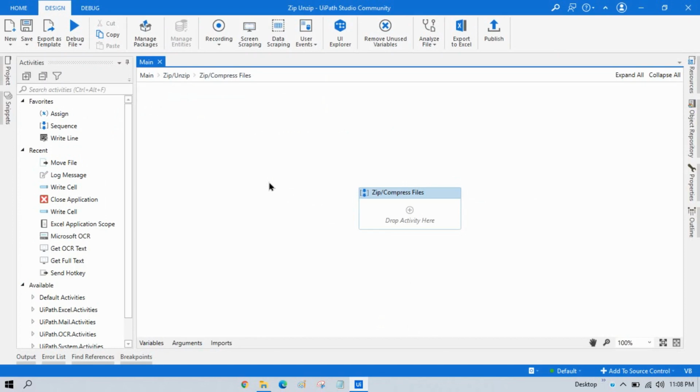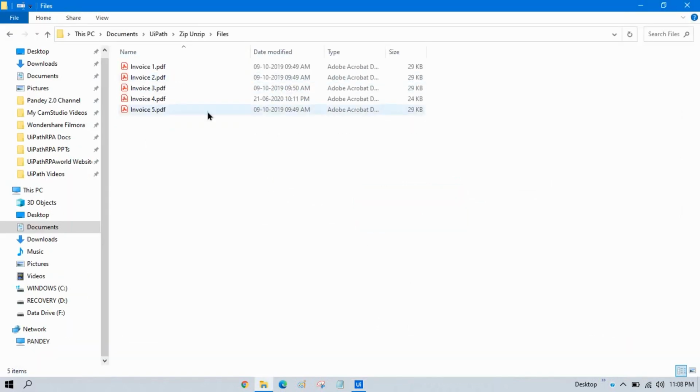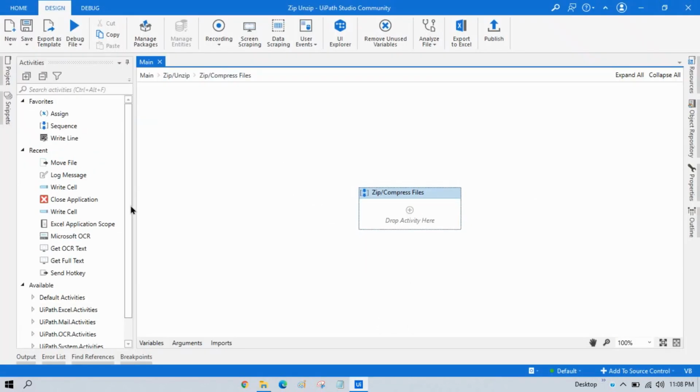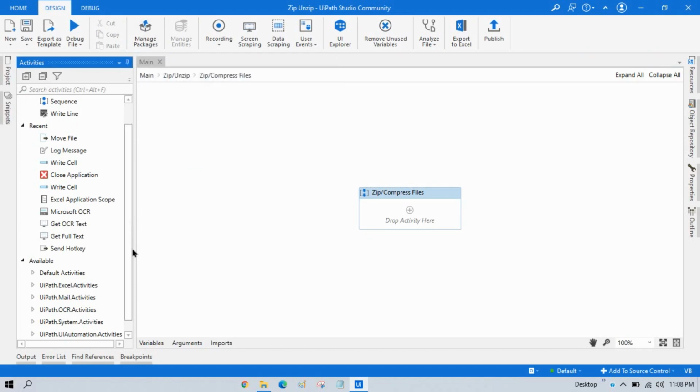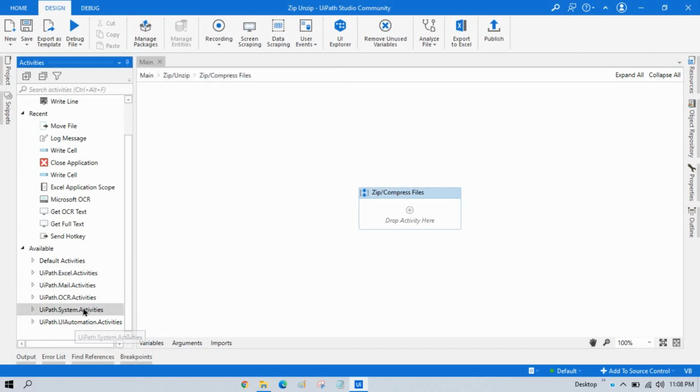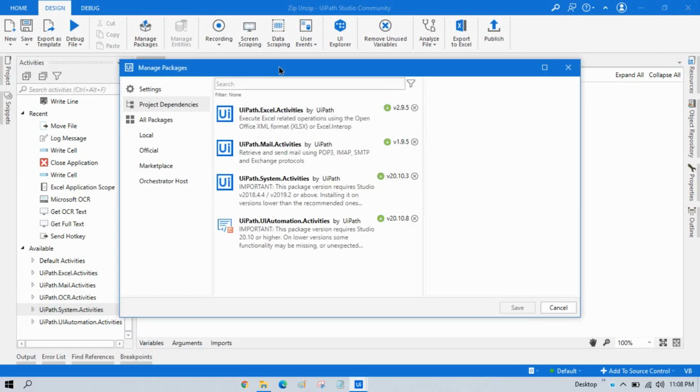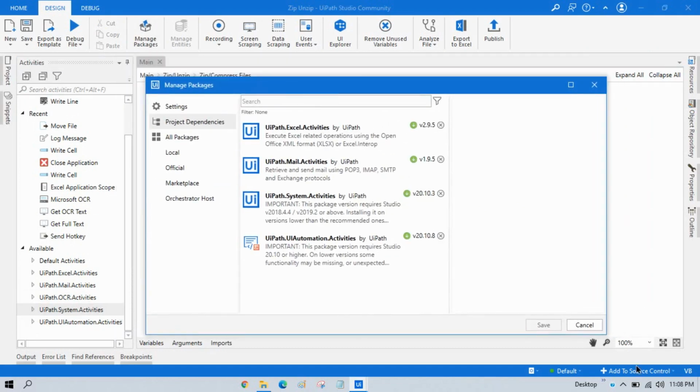To zip or compress these files, we need one package, that is UiPath.System.Activities. Whoever is using UiPath Studio has this package installed by default.